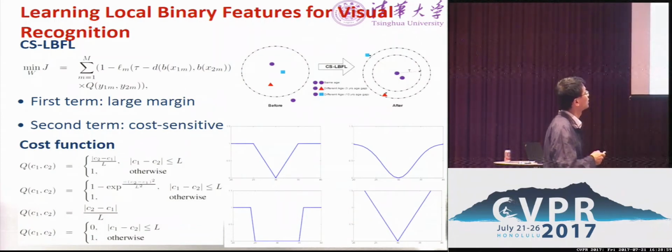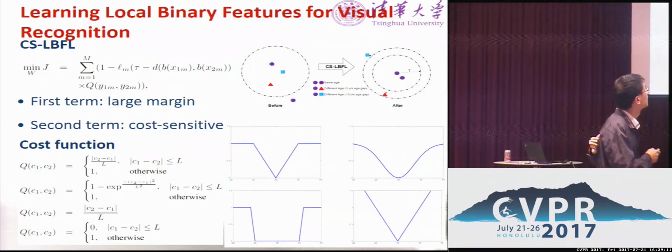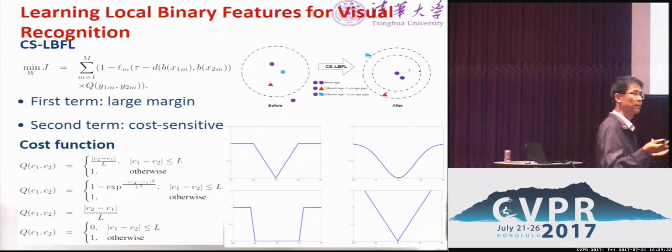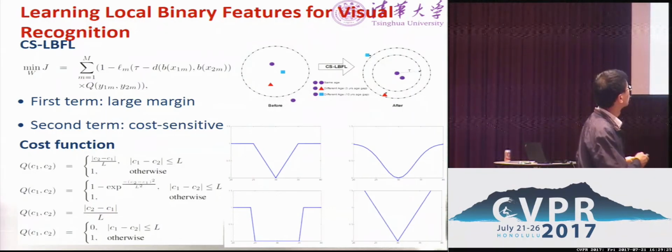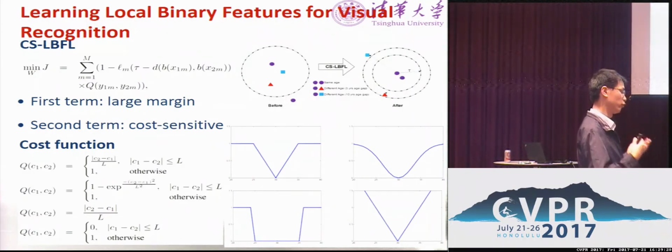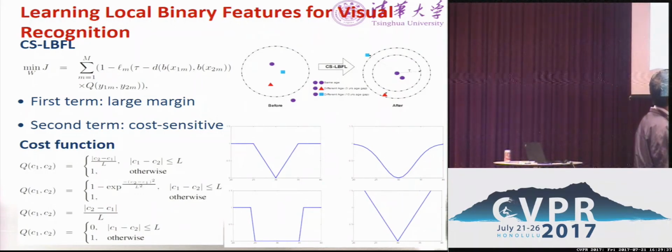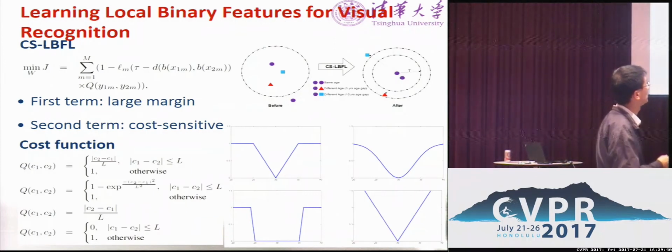The key idea is here we have local patches, for example, four local patches. Here is one patch, here is one patch, and here are another two patches. We can find these two pairs. These two patches may be from different age groups, but the age difference is smaller. For this other pair, they are also from different people or different age groups, but the difference is larger. So what we want to do, with our learned binary feature representation, is to